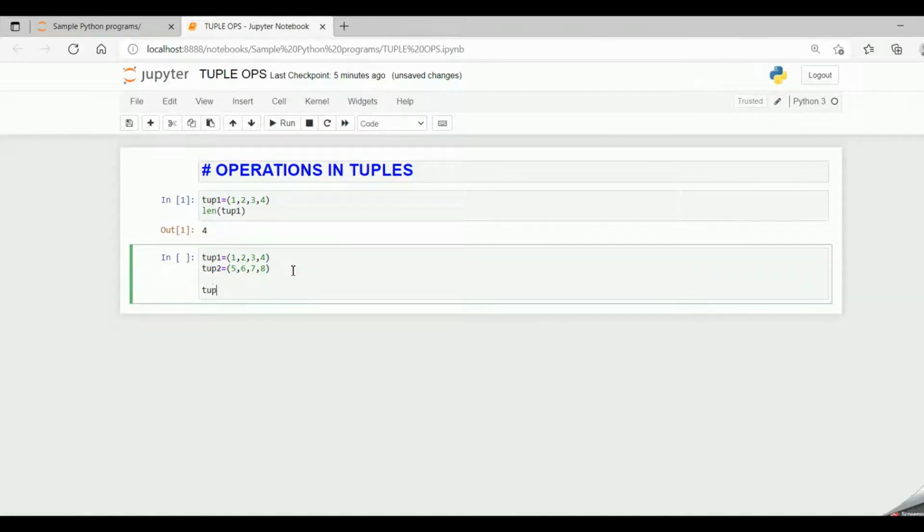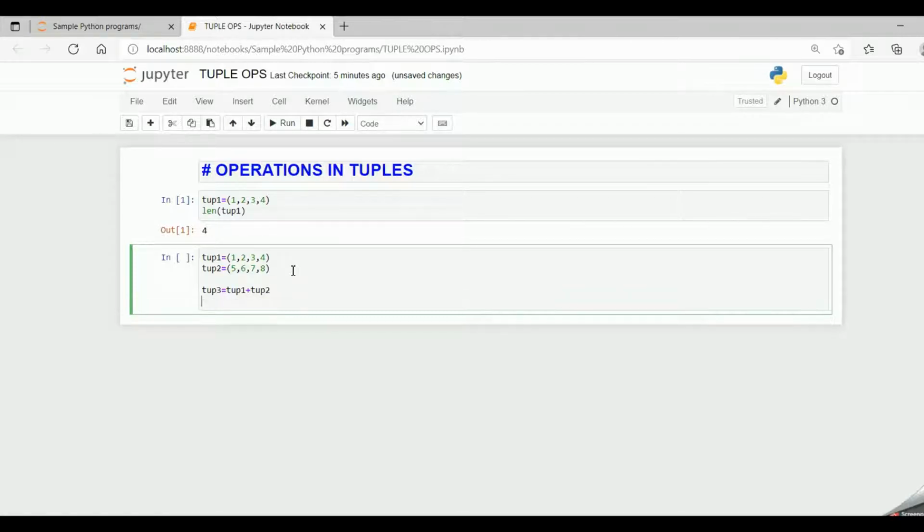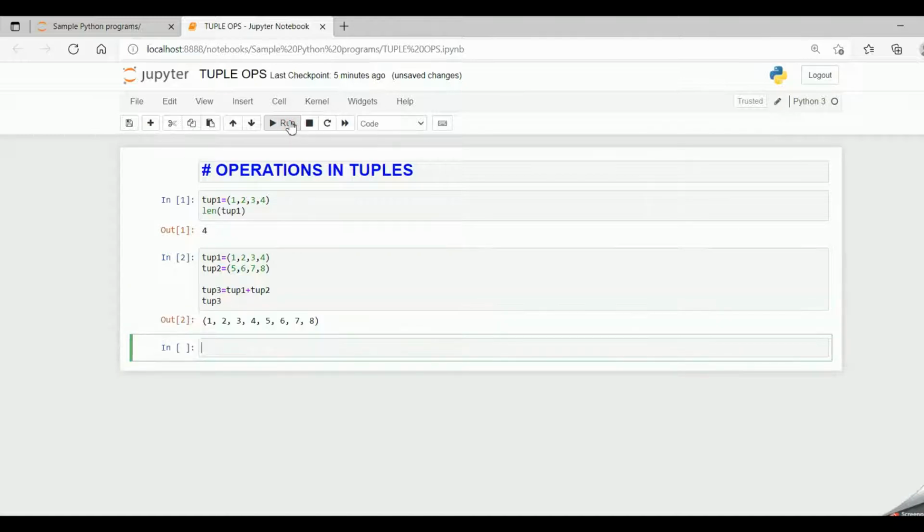Now I say tuple 3 is equal to tuple 1 plus, the concatenation operation, tuple 2. Now if I say tuple 3 and run the code, the items in tuple 1 and tuple 2 have been concatenated and this tuple is stored in tuple 3. So when I print the tuple 3, I get the concatenated output of the two tuples, that is tuple 1 and tuple 2.